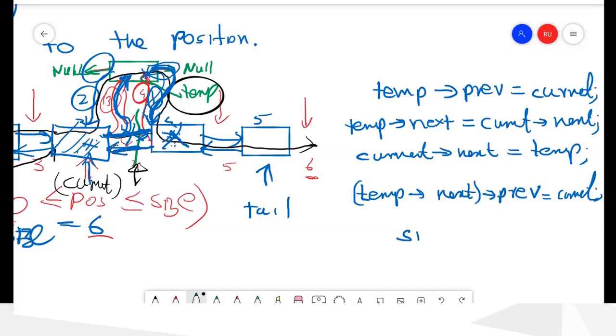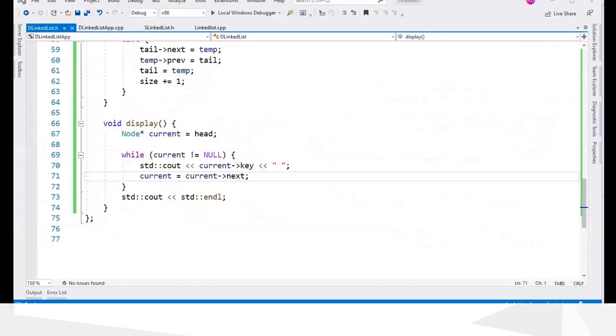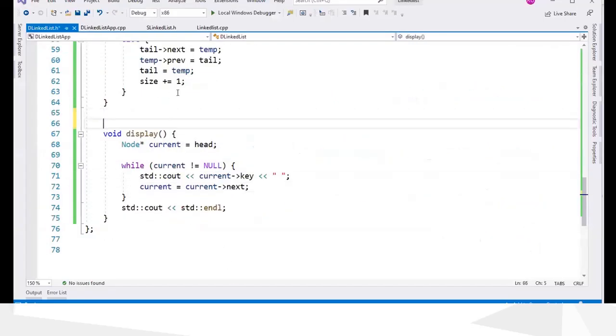And then we can increase size by 1. So we have to change 1, 2, 3, 4 links. The order is important, because if we change one of these first, we may lose the access from this way or that way. So it is better to change these two links after changing these two links, because that will make it easier for you to insert.